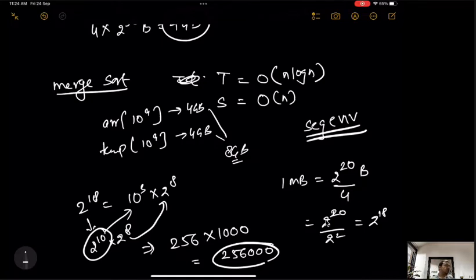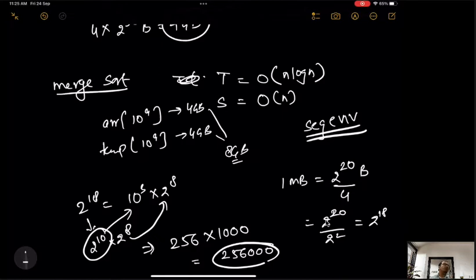If it is larger, then we can obviously have more variables, but if it is 1 MB, then I cannot have more than 2,56,000 size of an array. Now if 1 MB is available and you try to allocate more memory, what will happen? You will get segmentation fault.